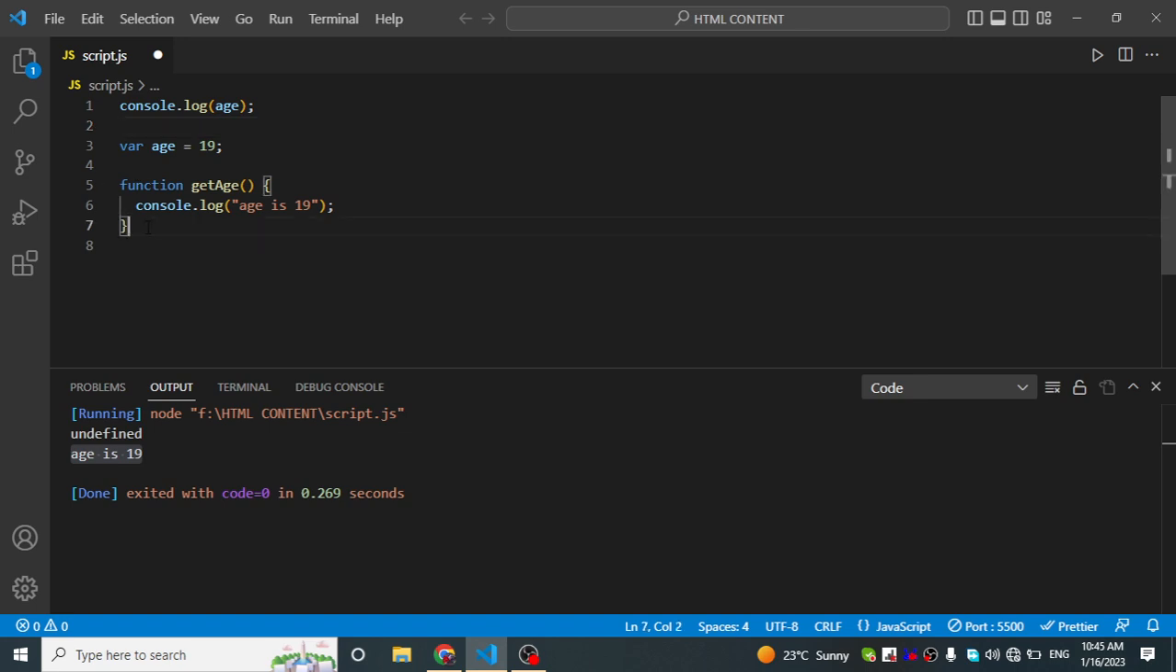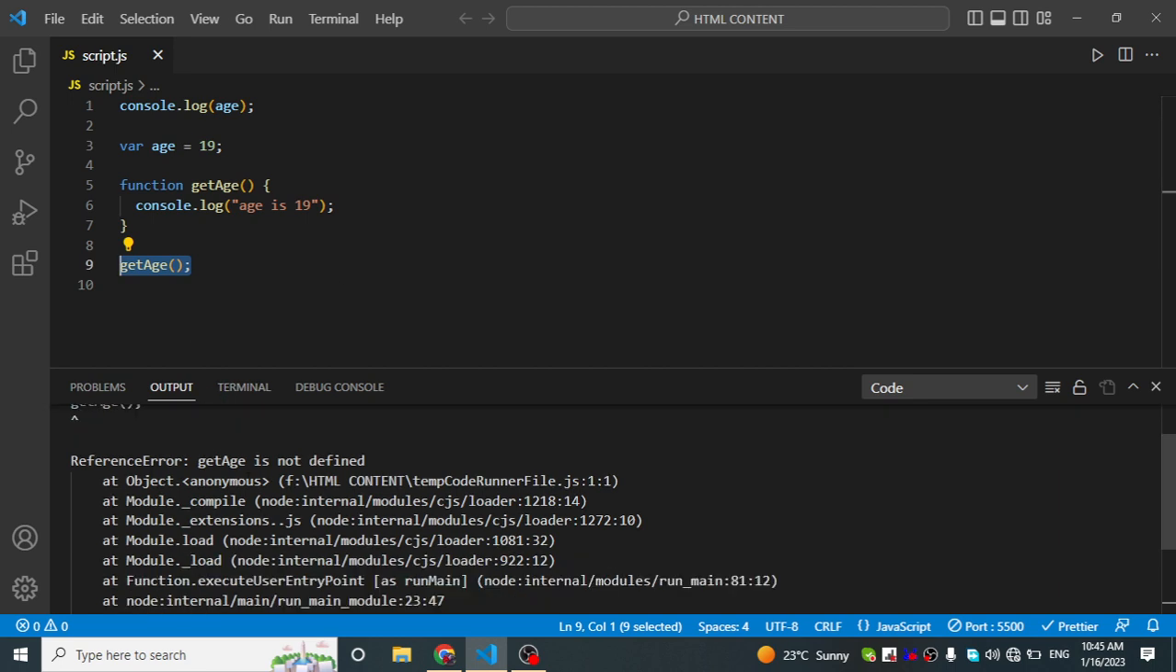If I execute this line of code outside, after this function, then it says